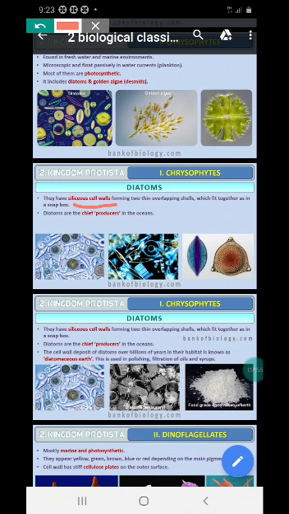Okay, and the deposition of these cell walls or the shells, the silica cell walls of these diatoms over millions of years forms the diatomaceous earth below the oceans or below the marine ecosystems. Underneath the ocean beneath there is soil, right, which is formed of the shells of these diatoms. Okay, and because of its silica nature, its rough nature, it is used in filtration, it is used in polishing and things. Okay, right.